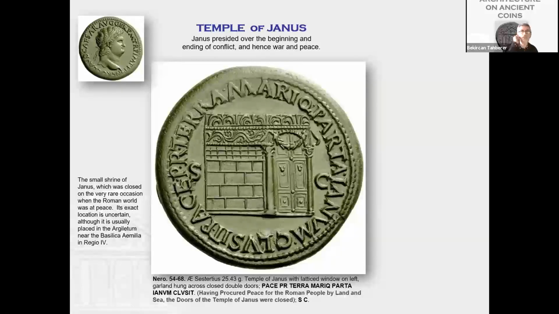This god presided over the beginning and ending of conflict, literally war and peace. When the doors are shut, the country is in peace. When the doors are depicted open, the country is at war. So the emperor, despite all his inadequacies in many different areas, is bragging about his accomplishment, saying that the country is at peace. So actually this coin was minted right after